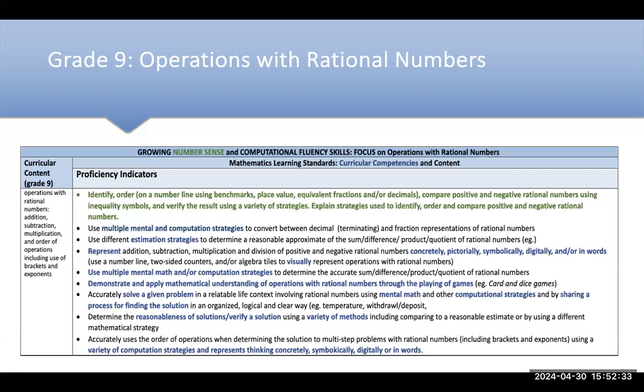In grade 9, we'll see operations with rational numbers. This is where we start to be able to move fluidly from different forms of representation of numbers, such as fractions and then decimals, and being able to compare them, order them, but also say which one is bigger or smaller. But in addition to that, we need to be able to work with positive values and negative values when we're adding, subtracting, multiplying, and dividing. And so this tool can be used on its own, or we can start to develop the entire proficiency scale